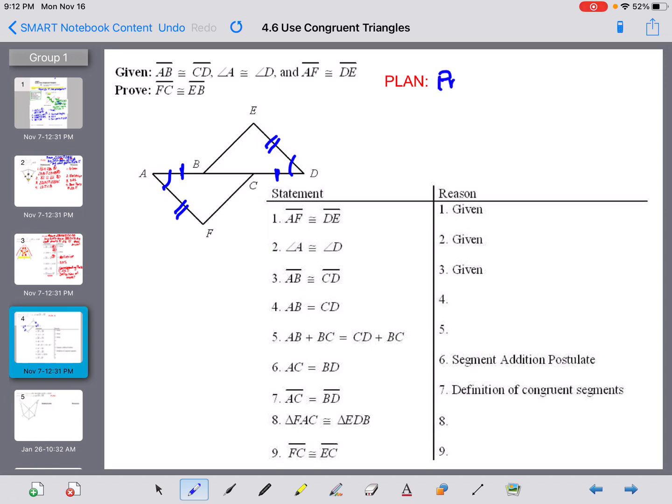So if we prove, let's see, triangle. We can look down here if we want. They already named it for us, right? We can name, whoa, I'm slipping here. Okay, triangle FAC, that's the one on the bottom, right? FAC congruent to triangle EDB, the one on the top,